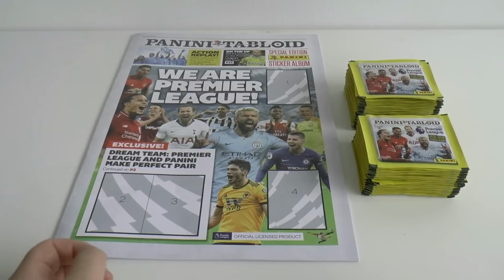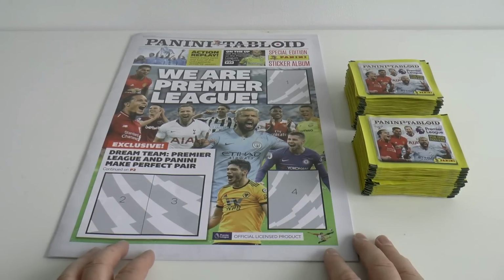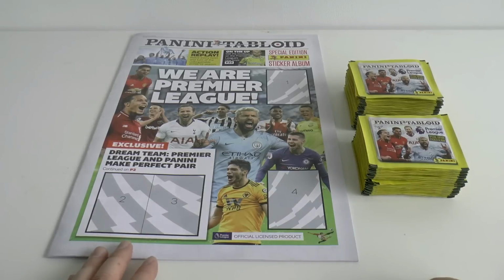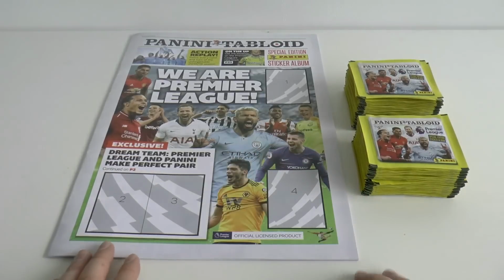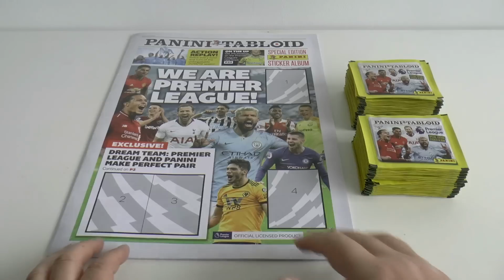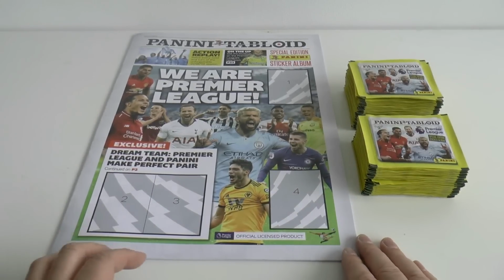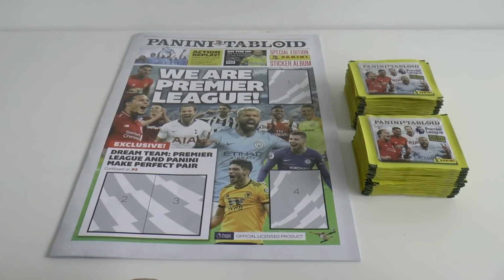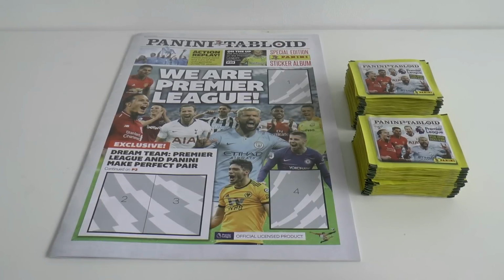As you see ahead of you there, we've got the latest Panini Tabloid Premier League sticker collection to open and review. As you see, we've got a special edition unfolded version of the Panini Tabloid album. Just want to express many thanks to Panini UK for supplying all this, including this special one, so we can give you a proper look in this review ahead of the release date for the Panini sticker collection on the 13th of June, Thursday the 13th of June, on sale of course in all good newsagents in the United